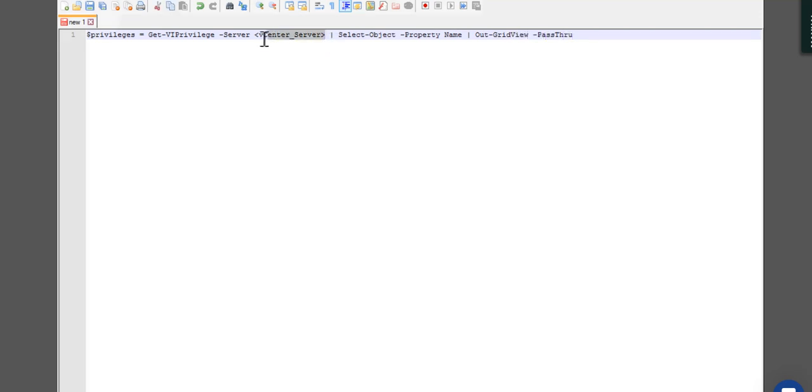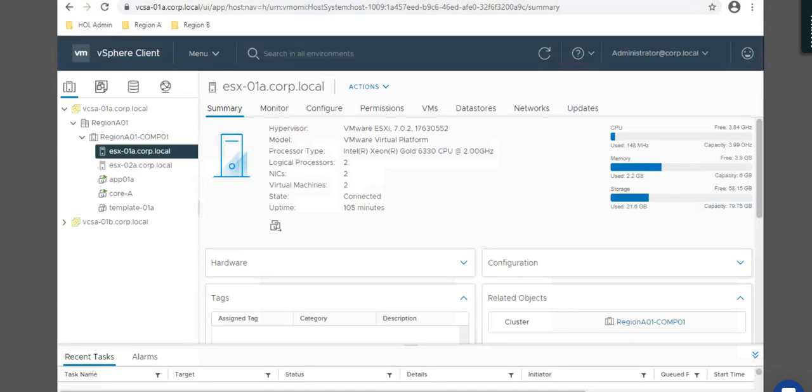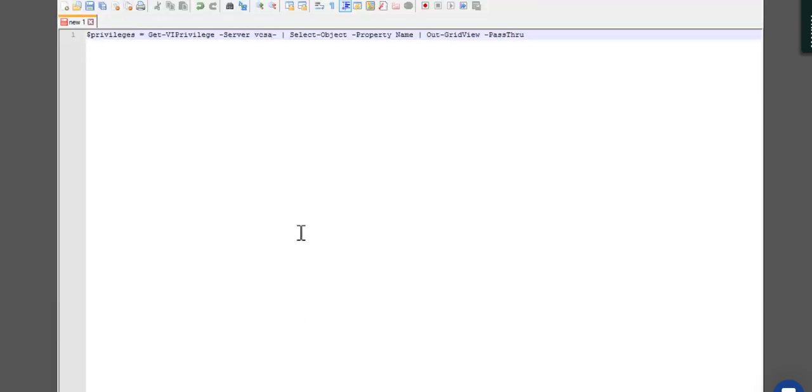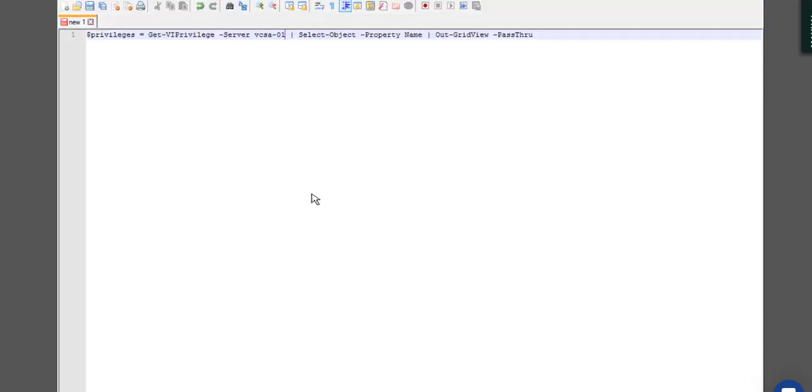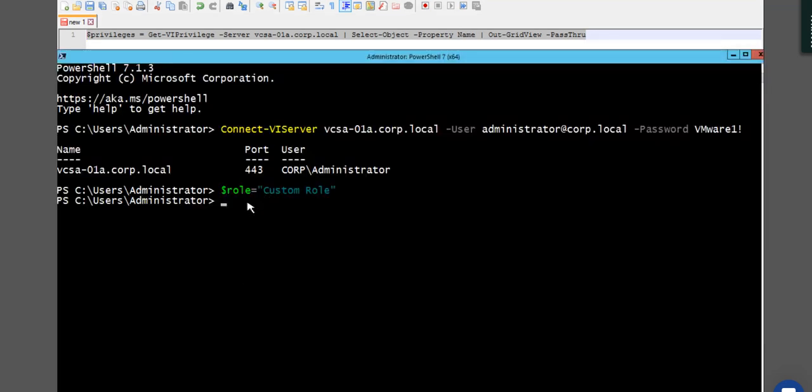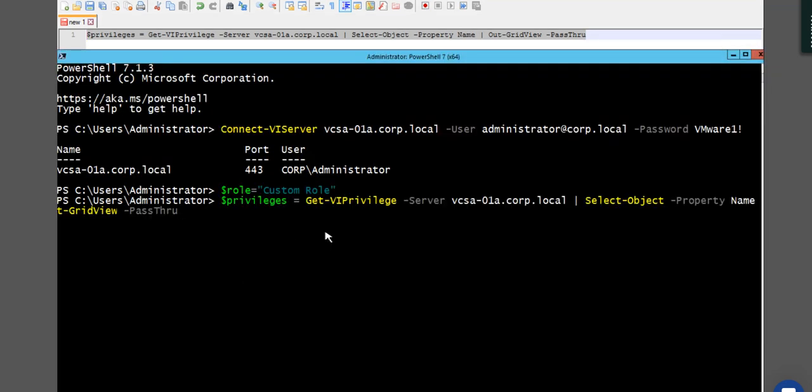The vCenter server name we have is VCSA-01, VCSA-01.corp.local. This is the vCenter server, and now we can directly write this command in our shell environment,